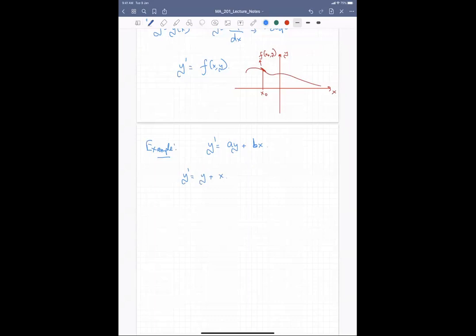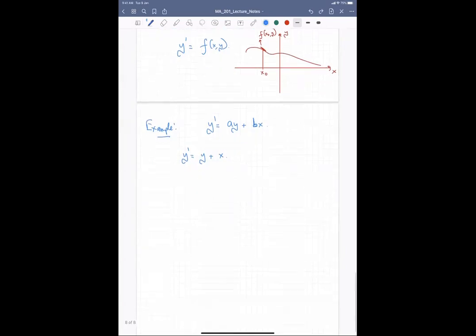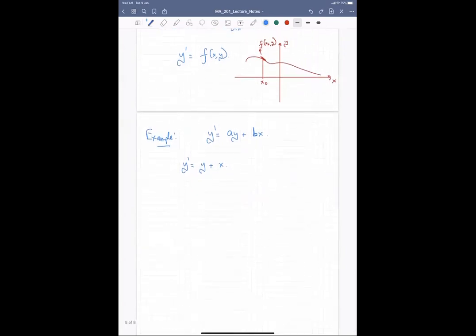Since y prime is the slope, what is this equation telling me? Suppose I am able to draw a solution curve like this, then at every single point in this xy plane, for any pair of x and y, the solution at that particular point is basically the slope at that point, right? So instead of looking at this as a differential equation, let me look at it as an algebraic equation and simply figure out what y prime is at every single point in this xy plane.